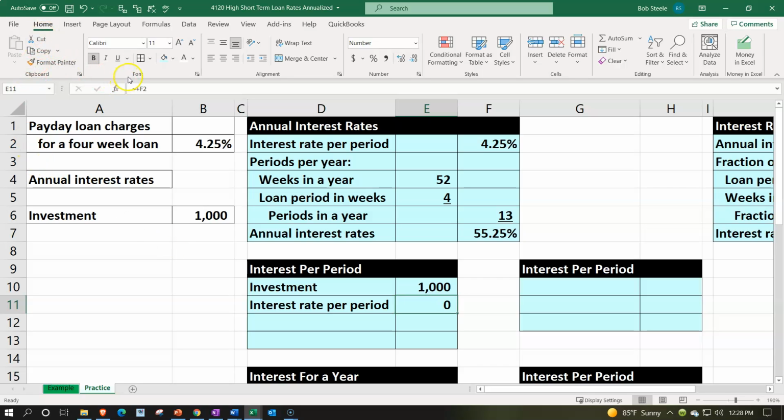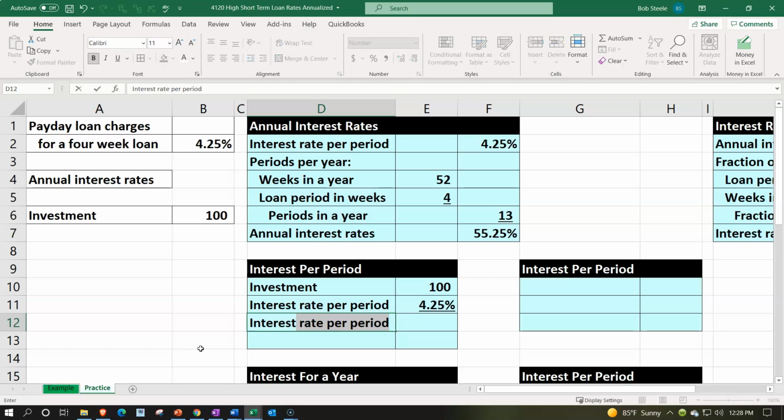Home tab, font group, and underline. Let's make that number group and percent. Add a couple decimals on it. Let's actually make this 100. Let's make this $100. There we go. So we've got $100 and then 4.25, and then the interest then would be for that time period. Interest would be equal to the 100 times the 4.25, adding a couple decimals, numbers, couple decimals, we're at the